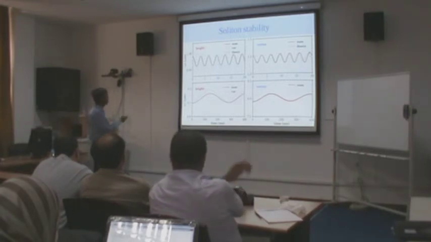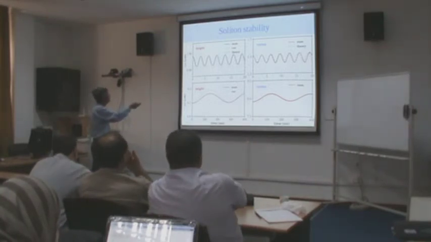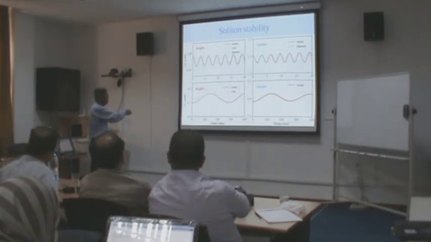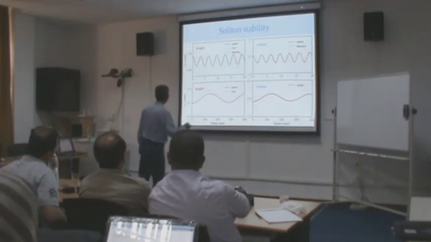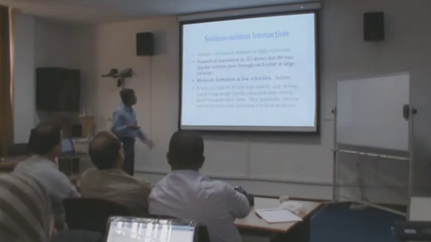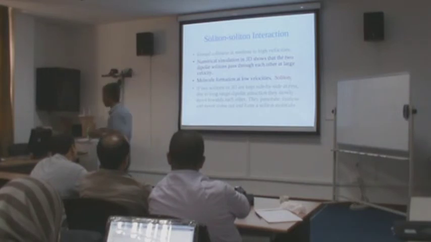What I showed is, after this small perturbation, the oscillation of the radius. In the case of the bright soliton, the oscillation of the two radii, in the z direction, which is the soliton direction, and this, which is the trap direction. In both directions they oscillate. And it is the same for the vortex soliton. Both keep on oscillating. So we show soliton-soliton interaction, to see whether it is really possible to have the soliton.